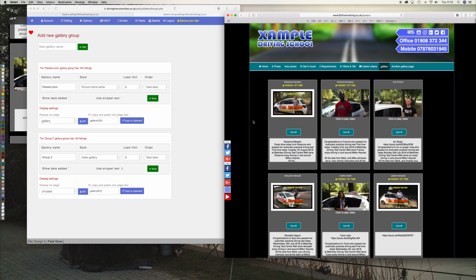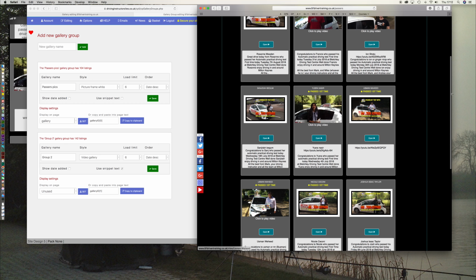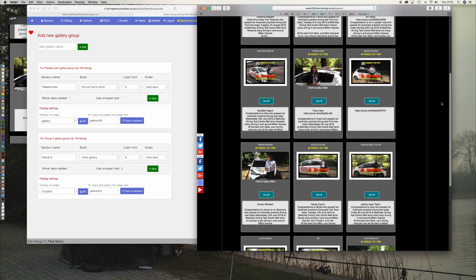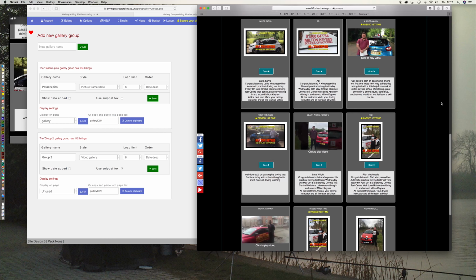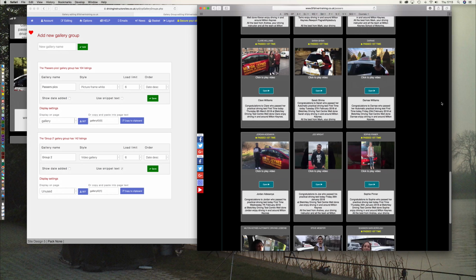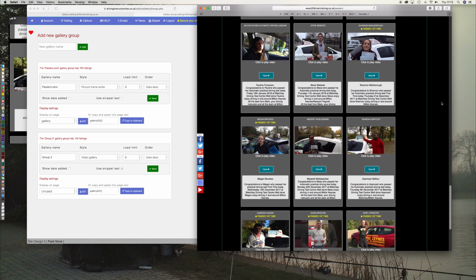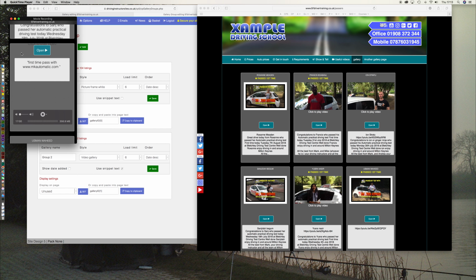Now when we go back to the page and refresh it, you'll see that those 6 have loaded. You can see from the scroll bar here that it's almost at the bottom of the page, and as you get there it then loads the next 6 and so on. So you can see that in action there. That makes the initial page load much faster. That's going to be a big advantage on a mobile, and I've actually got my mobile set up here,